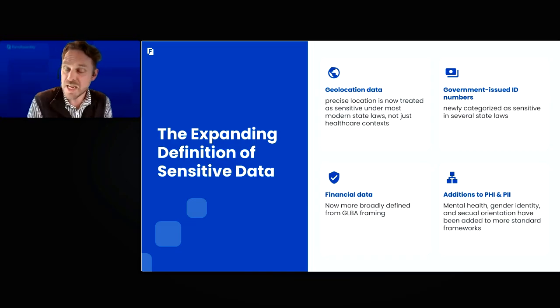Some other things that weren't commonly understood to be a part of sensitive data: government issue ID numbers. Yes, we've always thought of Social Security as a sensitive number, but even driver's license numbers are now starting to become defined as PII and starting to become regulated as a part of some of these data sensitivity data processing laws. Financial data continues to expand what people consider financial data, very similar to PHI, where PHI